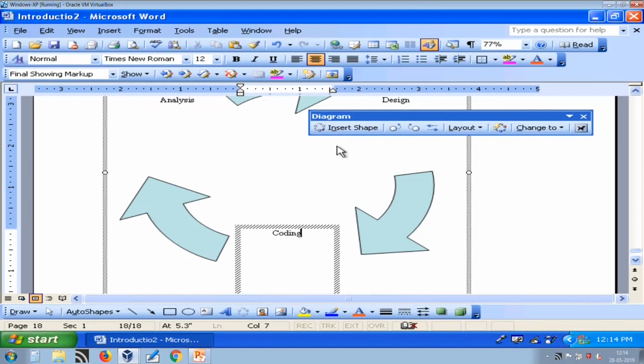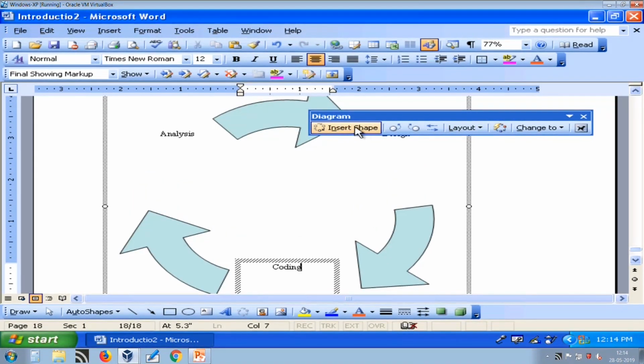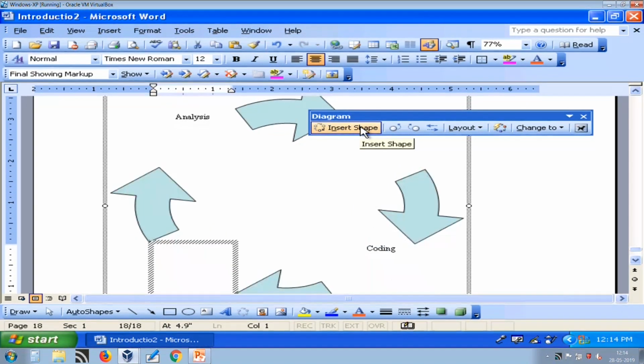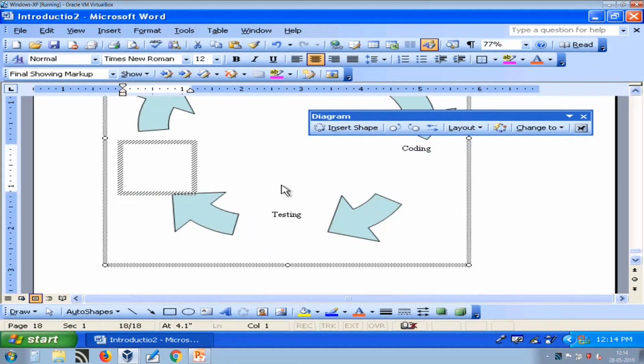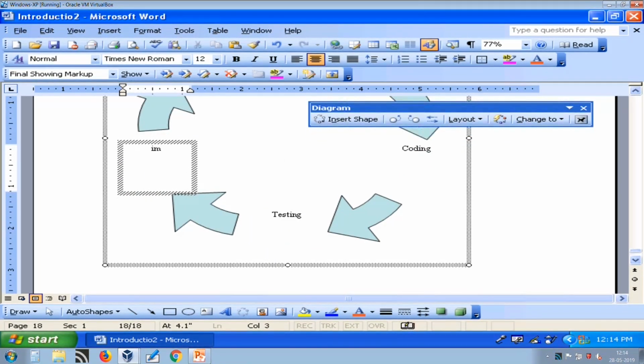Now, I want to add one more phase. So, what I can do is I can insert shape and it will automatically add. Likewise, you can add as many steps as you want.